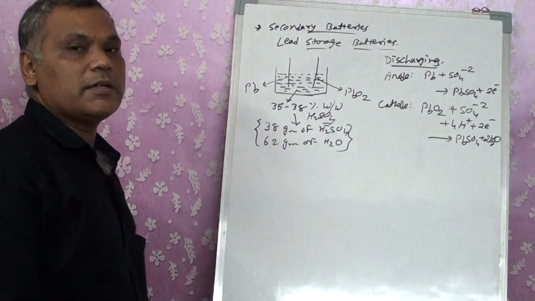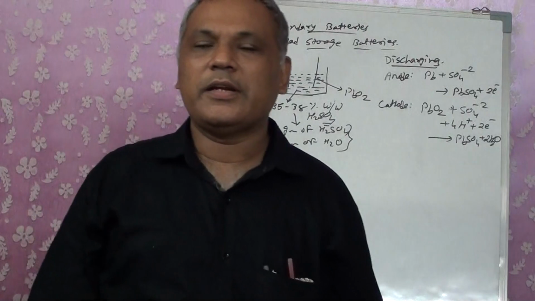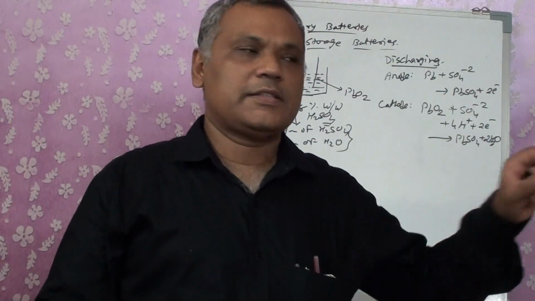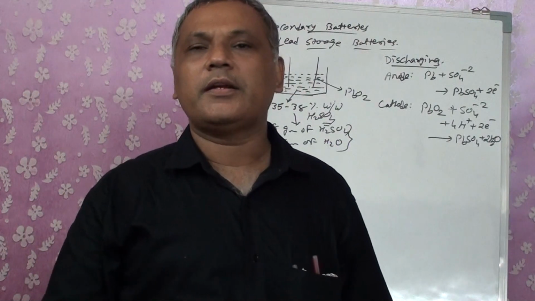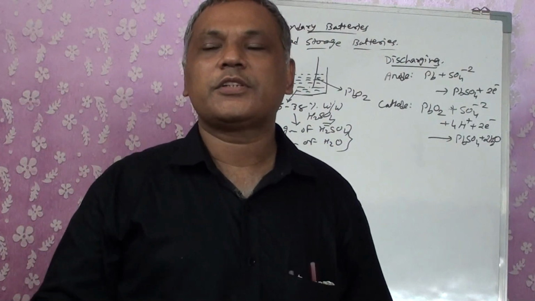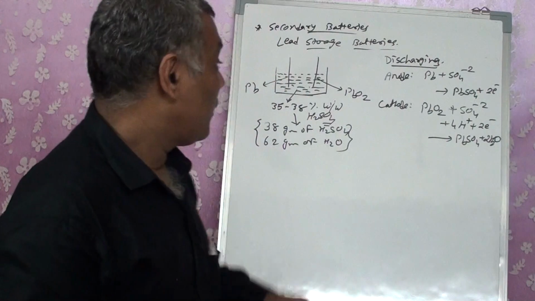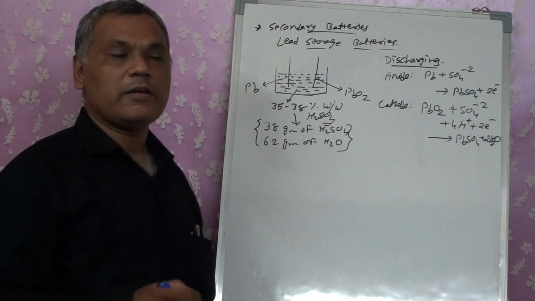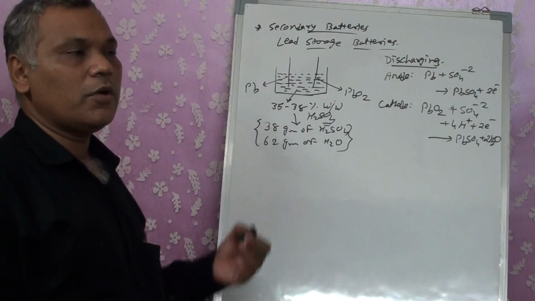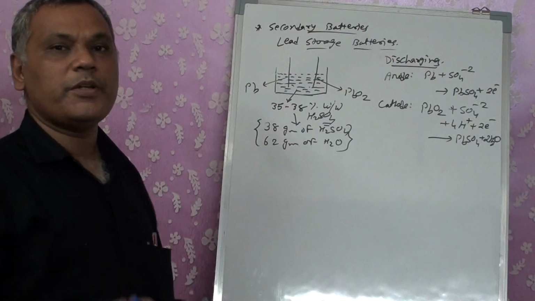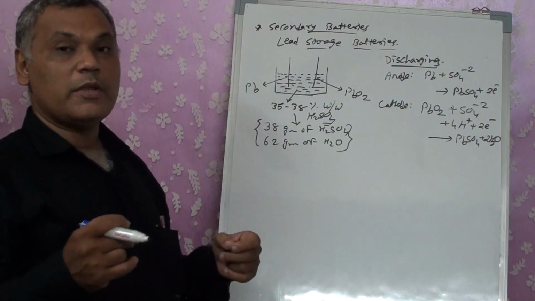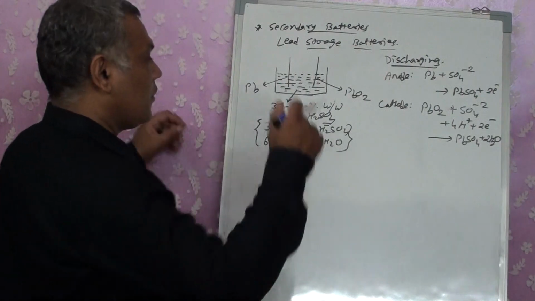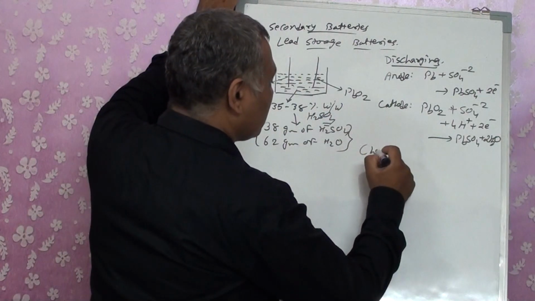When the battery is discharging, that means during the night time or when your vehicle is not on the road, it's a parked vehicle. At that time, the battery starts to discharge itself. Right? Now, discharging happens in this process. But when you are running the vehicle on the road, at that time the battery is being charged, because the terminals inside them change their position. So during the charging